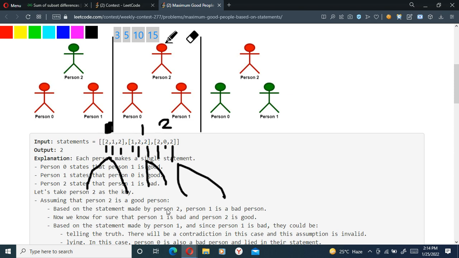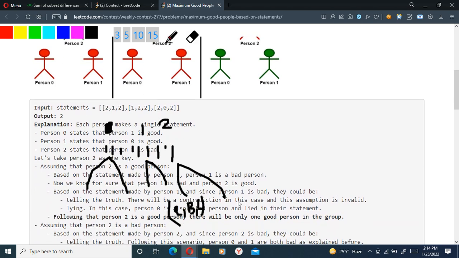According to this guy, the first guy, the zeroth guy, doesn't know. The second guy is a bad guy, B, and again this guy knows nothing. If it is the truth, if I assume that this guy is telling me a truth and this guy is telling me a lie, in this case,